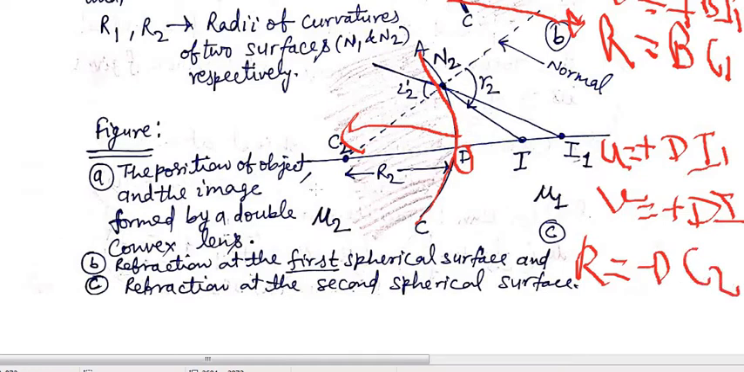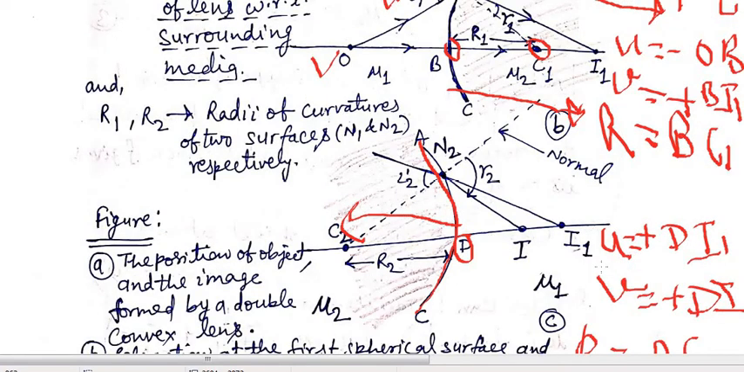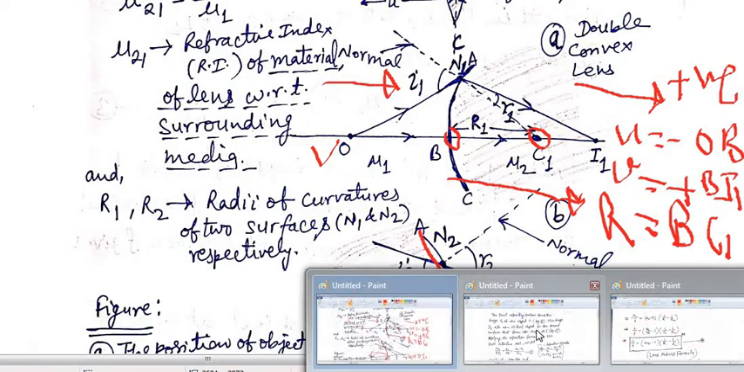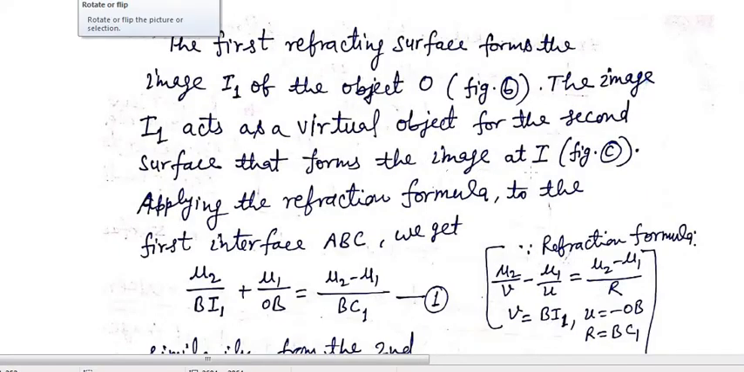Okay. So here you can observe both diagrams, the position of the object and the image formed by a double convex lens. Figure A, refraction at the first spherical surface. Figure B, refraction at the second spherical surface. Figure C, so here refraction occurs twice. Okay. So further we will consider the figure number B first. The first refracting surface forms the image I1 of the object O. The image I1 acts as a virtual object for the second surface that forms the image at I, figure C,